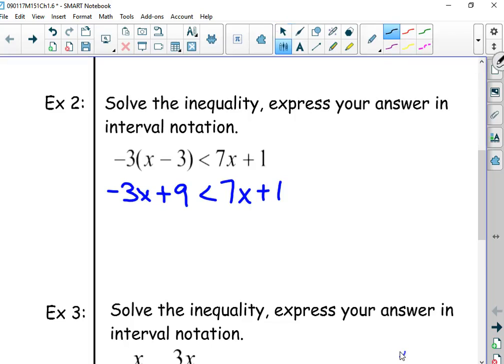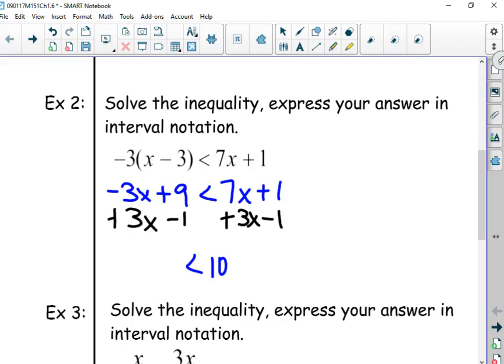Which means I'm going to add 3x to both sides. And I'm going to save some room here by showing both those steps at once. Perfectly legal. And when I divide by 10 on both sides,